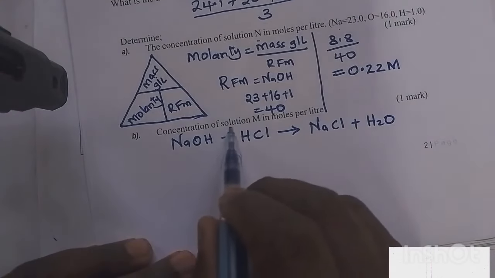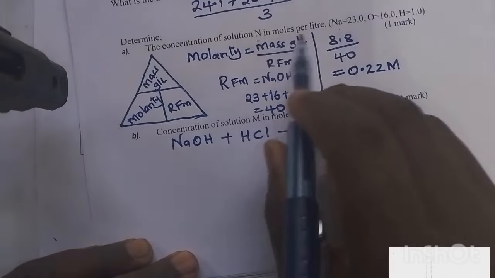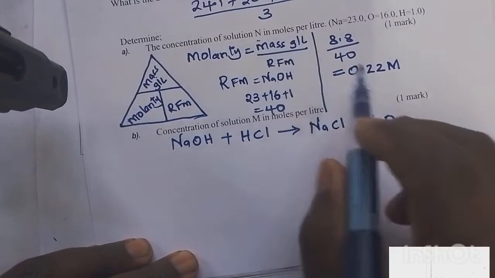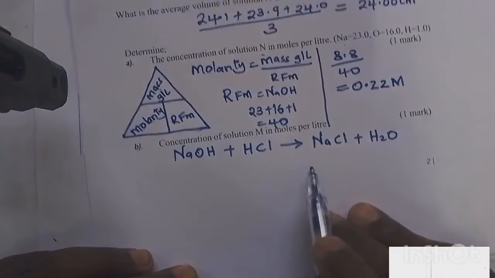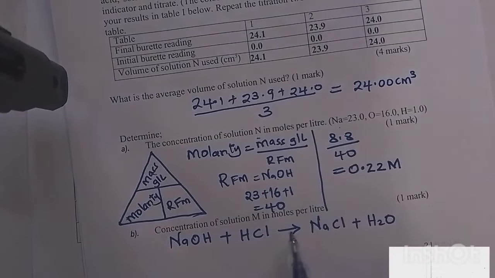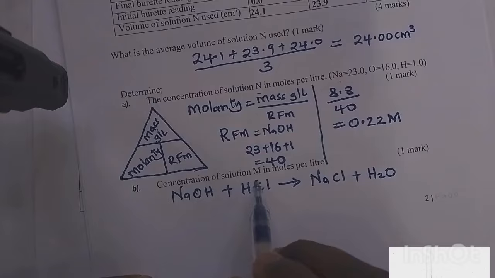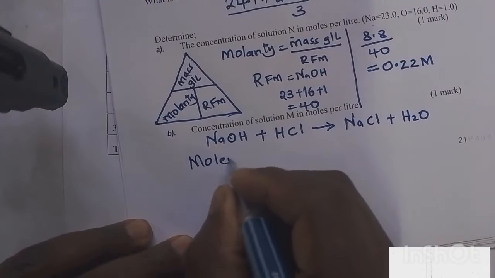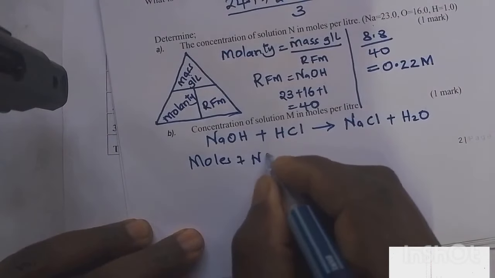Now we know the number of moles of N. We don't know that, we know the number of moles of N in 1,000 centimeters cube. But we used N 24 centimeters cube. We can get the number of moles of N we used, then we will know automatically the number of moles of M. So moles of N used,